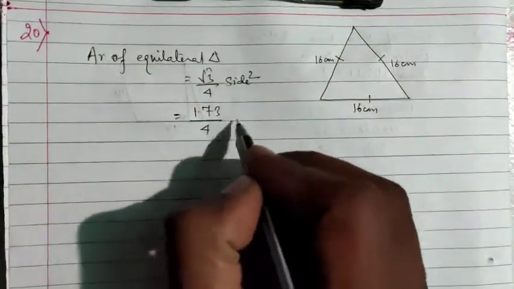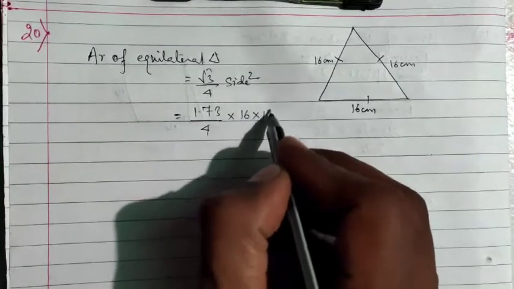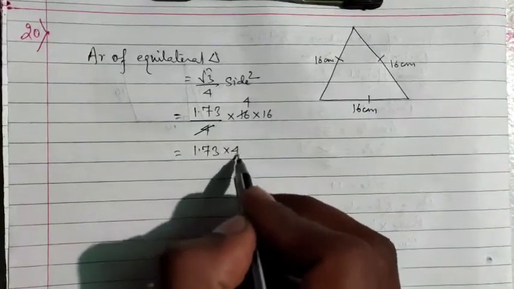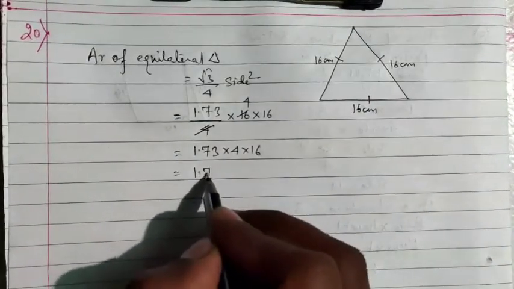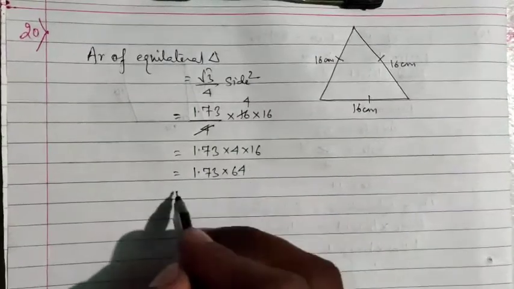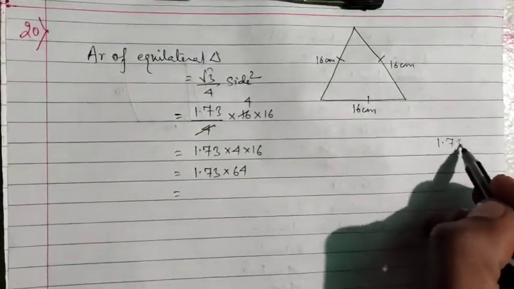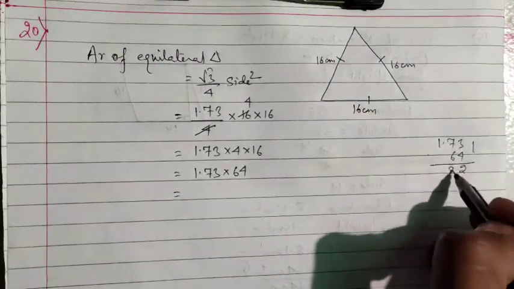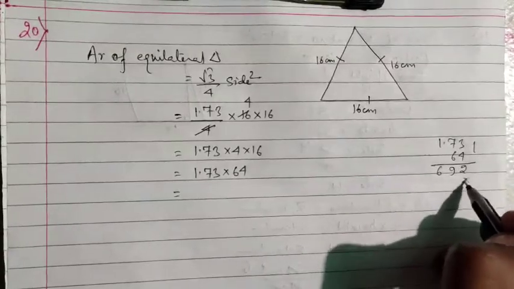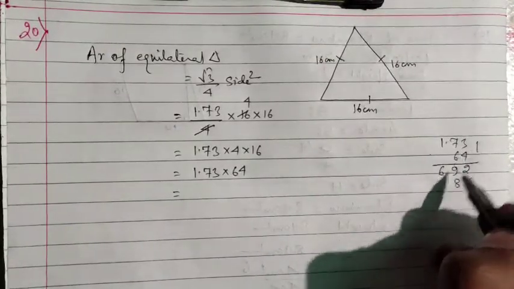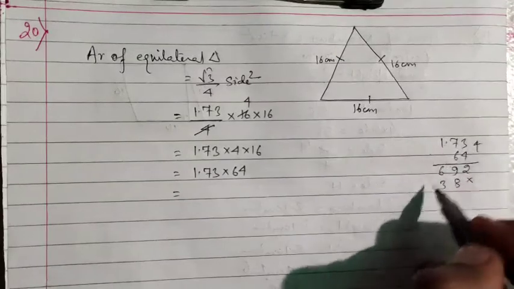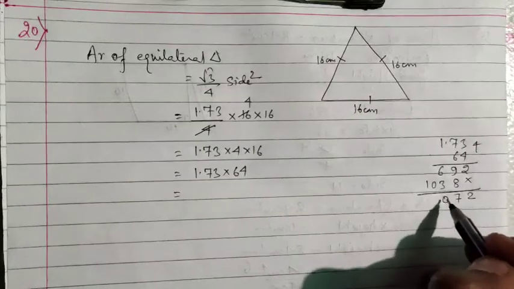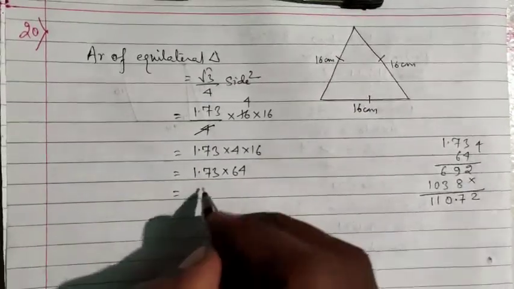1.73 by 4 into side square, it means 16 square, 16 into 16. 4 fours are 16. It is given 1.73 into 4 into 16. 1.73 into 16 fours is 64, and next we have to multiply 1.73 into 64. We will multiply: 4 threes are 12, carry 1, 4 sevens are 28, 29, carry 2, 4 ones are 4, 6. Then 6 threes are 18, carry 1, 6 sevens are 42, 43, carry 4, 6 ones are 6, 10. Adding them up, after 2 digits the decimal will be